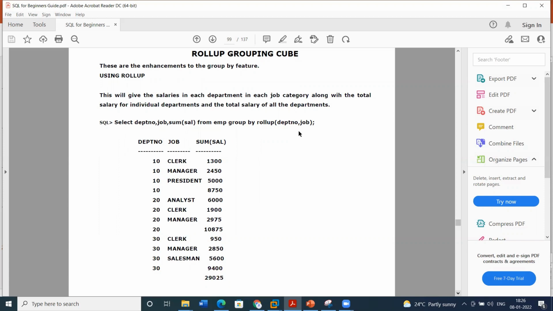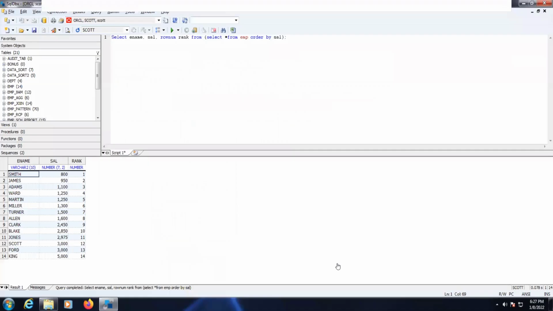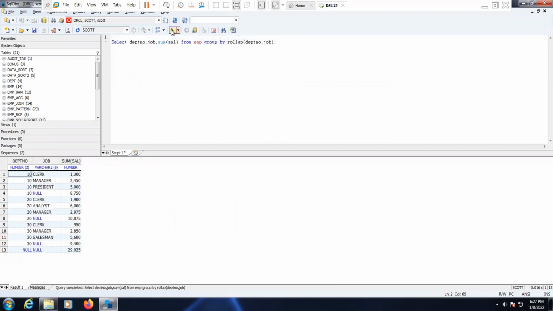Okay, so now let's execute this particular SQL. I'm executing the SQL here. You can see here the group by totals at the department level and the sub and grand totals.